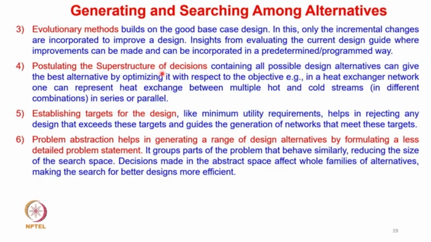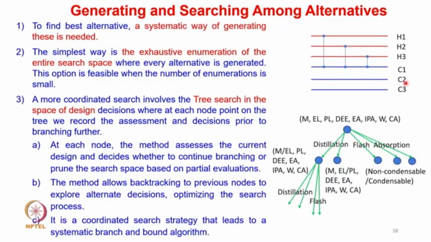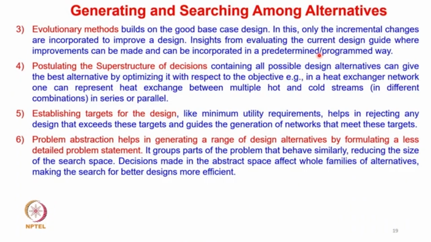The next important point is postulating the superstructure of the decision. So often we see that the entire superstructure of the decision can be formulated. An example can be, if you look at the heat exchanger network here, how many possible cases are there for exchanging heat between C1 and other streams that we can enumerate here. So you can see that C1 can exchange it with H3, H2, H1 in a co-current and counter current manner. So clearly the entire superstructure can be formulated, and once this superstructure is formulated, then the best decision can be